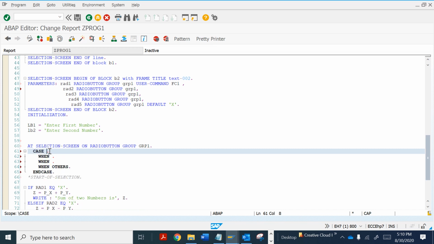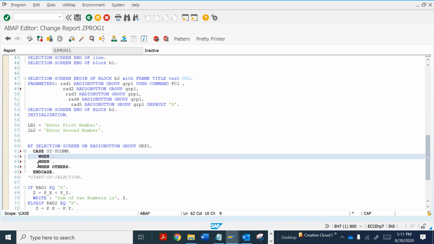Same like in C language, where we have a switch statement for multiple if and else if statements, we have a case statement. In the case statement, we want to select case ucom. In our case, we have only a single function code, so we will select the same.